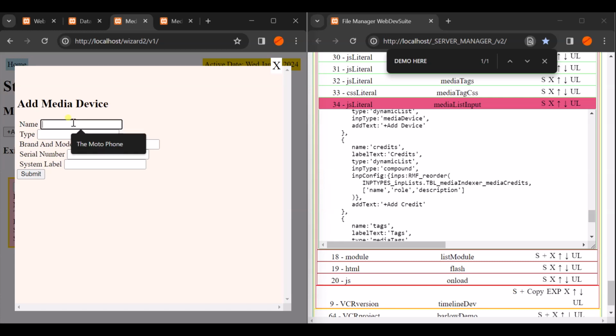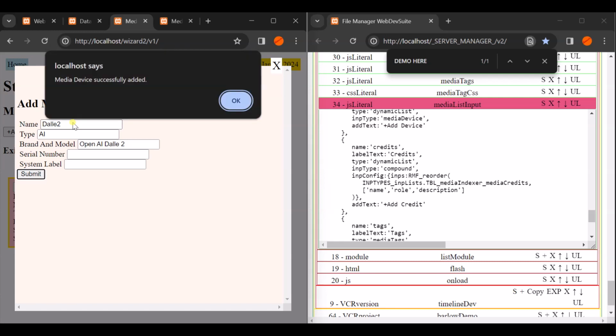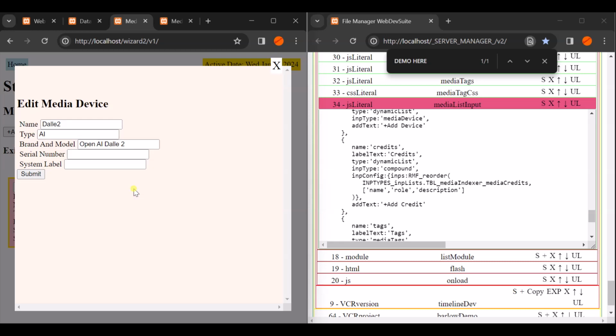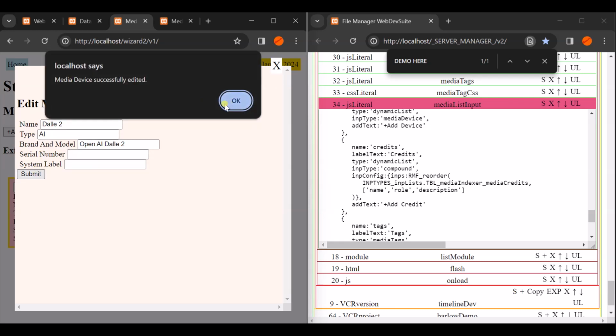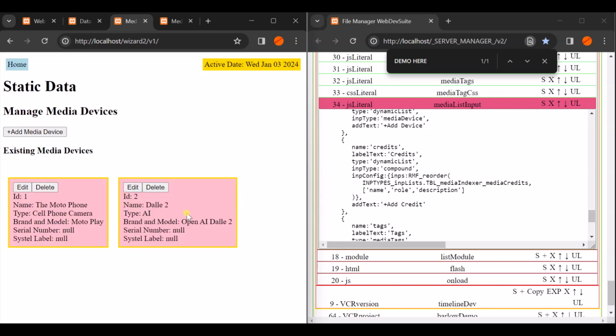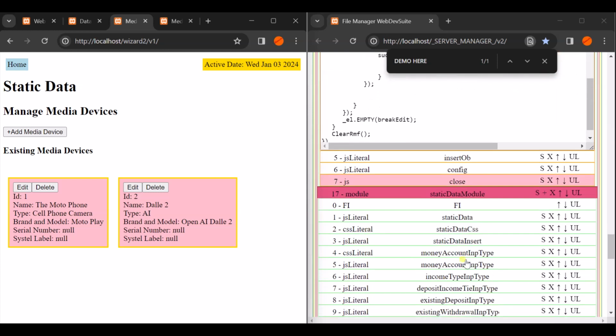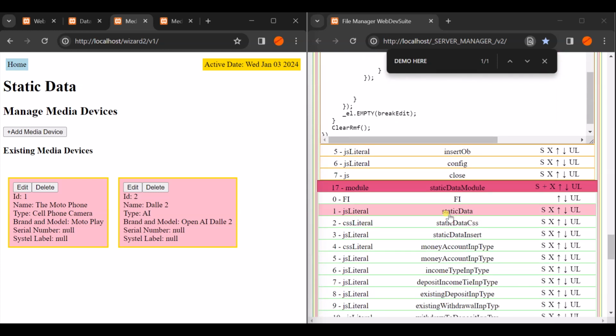But if I add another one, I could say, let me think, what is a DALL-E 2? It's an AI, OpenAI DALL-E 2. All right, and then I'm going to press submit. I get this almost for free. And then if I wanted to edit this, and say I edited it, and I wanted a space here, oh man, media device successfully edited. I get that almost for free, and I'm going to go up here to the static data and show y'all